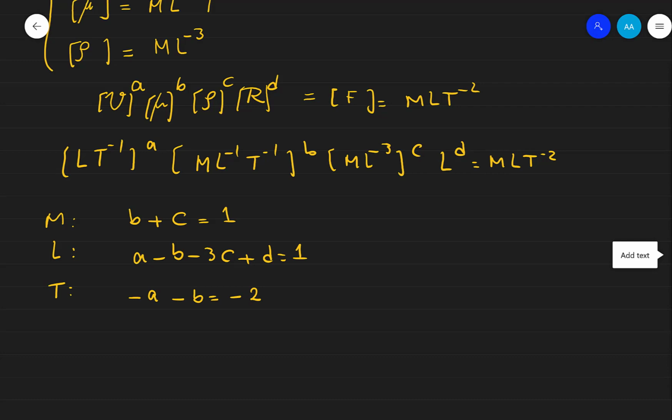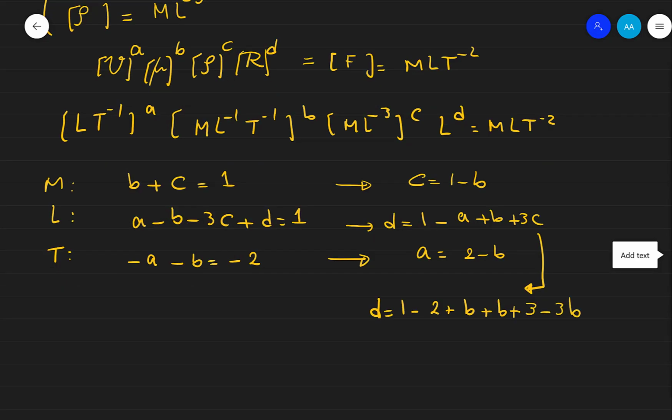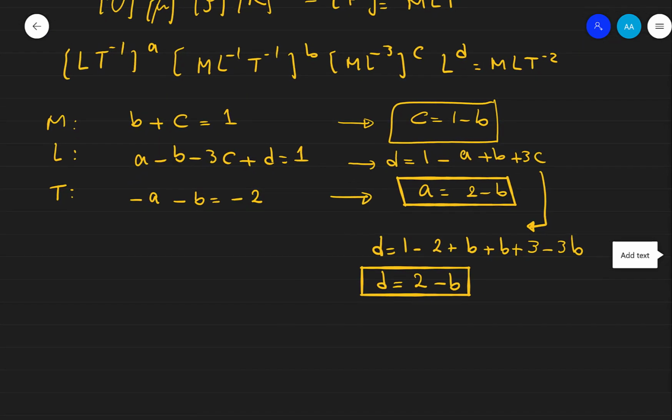Let's say B. Then we have, which gives D equal to, then the equation is V to the power A, 2 minus B, mu to the power B, rho to the power C,